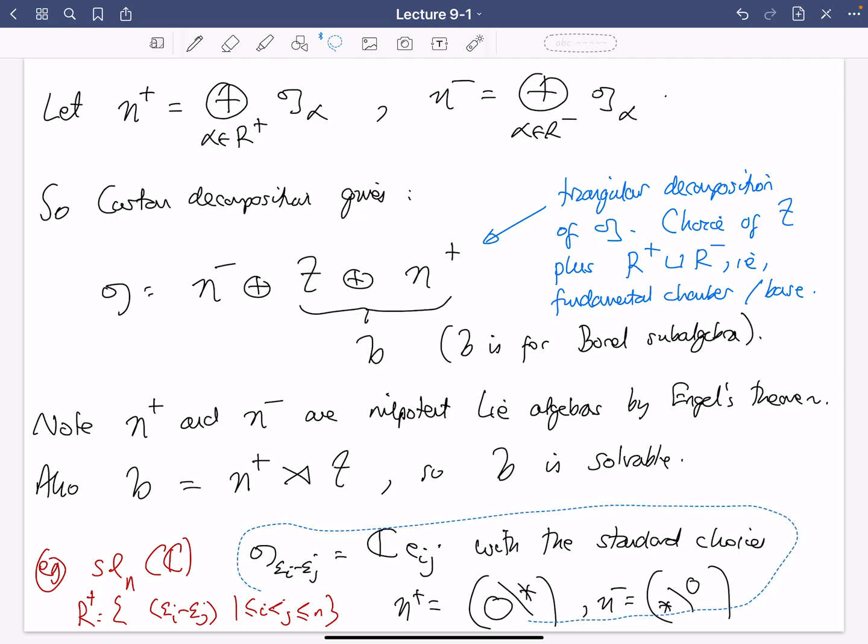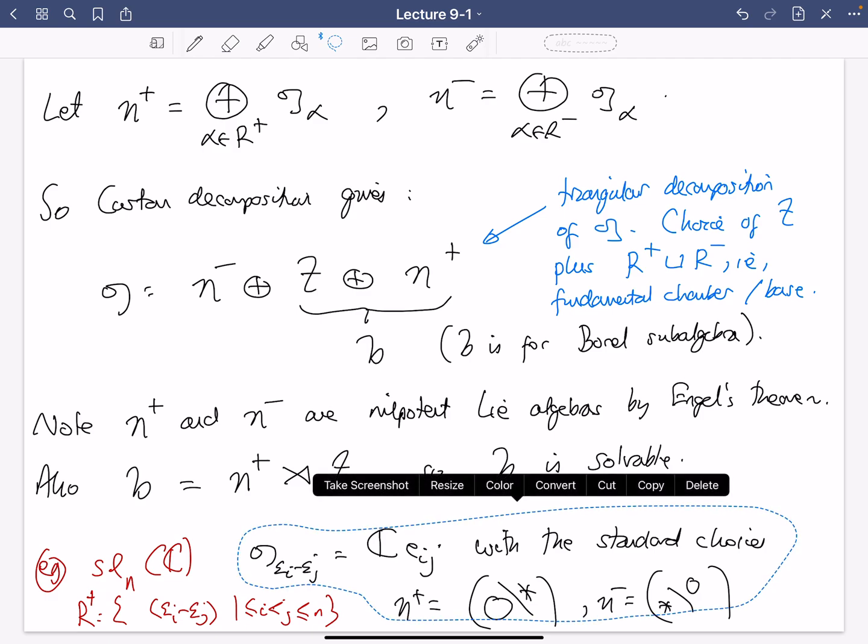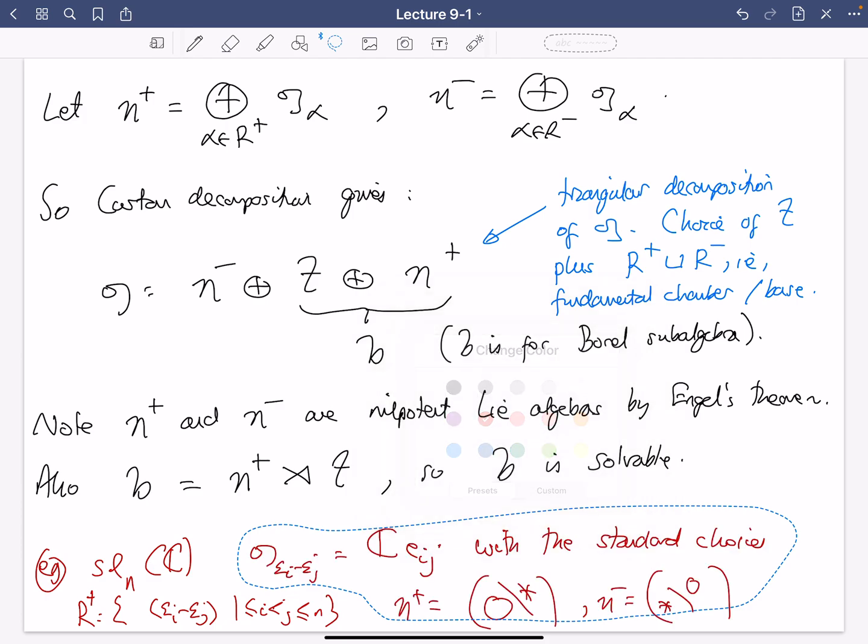So that hopefully explains the choice of the language triangular decomposition here. When you do it for SL_n, it's just the usual decomposition into lower triangular, diagonal, upper triangular matrices. And in fact, in the SO_2n example earlier, you again see the triangular decomposition reflects the decomposition of this matrix Lie algebra into upper and lower triangular ones. Same with the other classical Lie algebras, by the way.